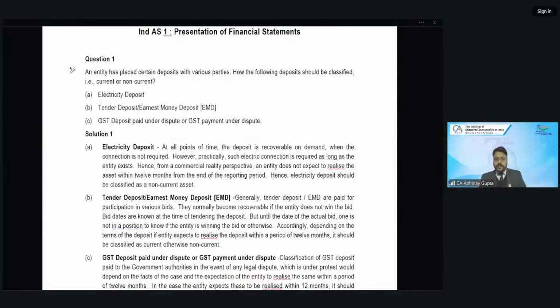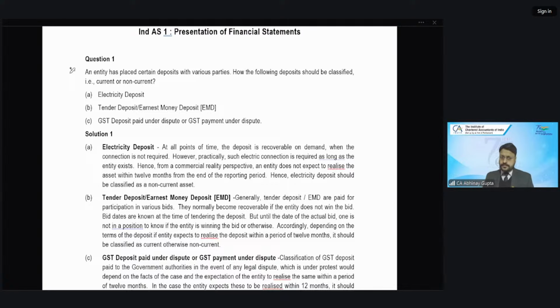So first of all, it talks about the presentation of the financial statements. It tells you what exactly the financial statement set means, right? So the complete set of financial statements is given by Ind AS 1. What does this contain? It contains a balance sheet, a statement of profit and loss, a statement of changes in equity, a statement of cash flows, and the notes comprising significant accounting policies and other explanatory information, right? So these are the five items